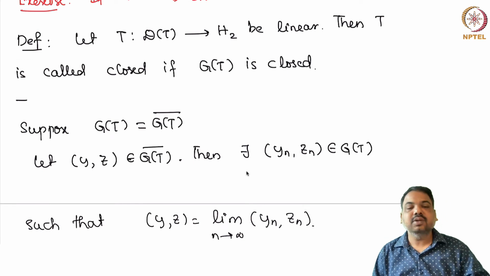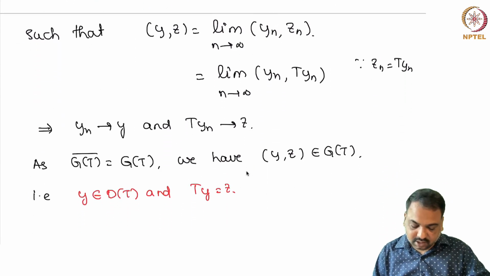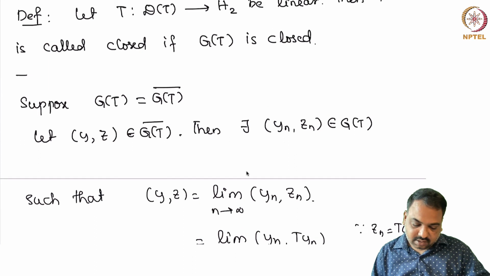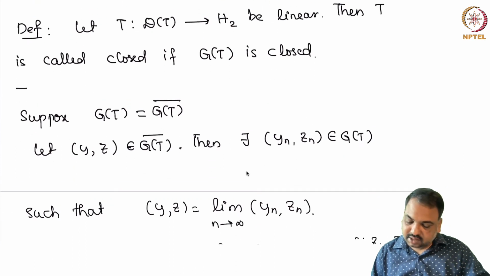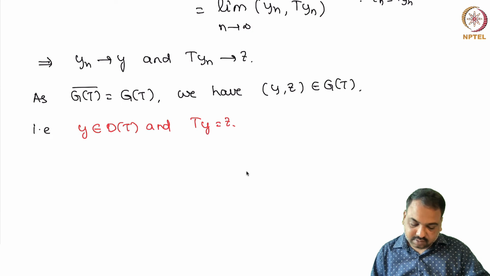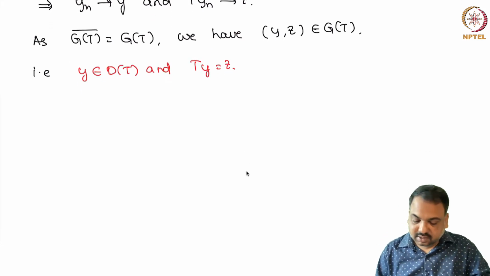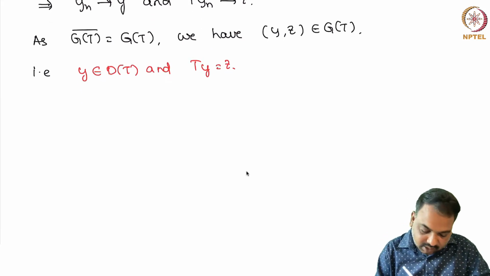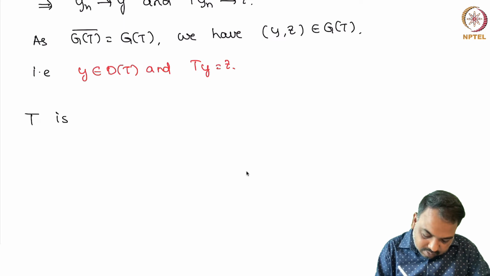If the graph of T is closed, that means T is a closed operator, and if (yn, zn) is a sequence in the graph of T, then we were able to show that y is in the domain of T and Ty is z. So we can also say that the graph of T is closed